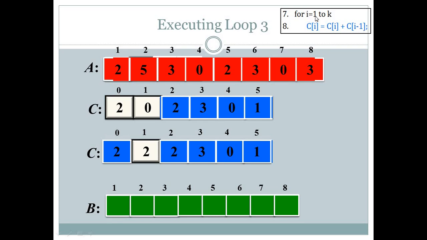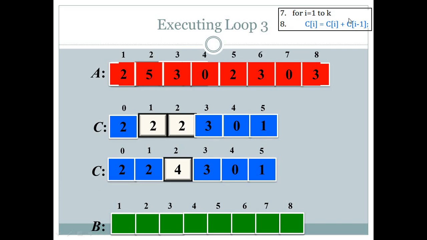So for i is equal to 1, what we will do, we will add C1 and C0. So C1 is equal to 0 and C0 is equal to 2. So we will add 0 and 2 and we will store onto C[i] means C1. So our resultant array will be 2 2 2 3 0 and 1. Again in next step, if i will become 2, so on this array we will do C[i] plus C[i minus 1]